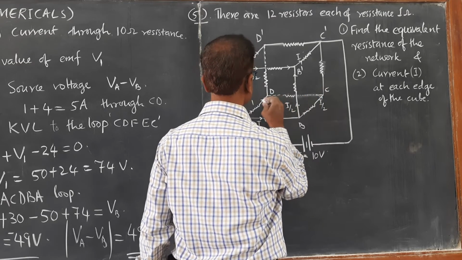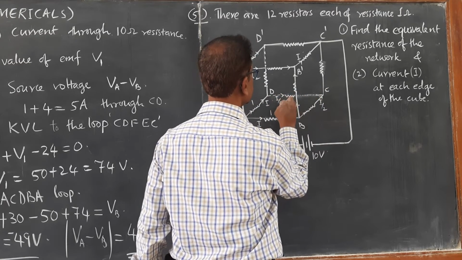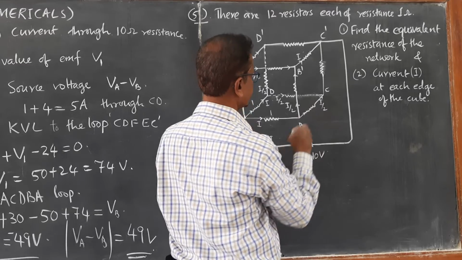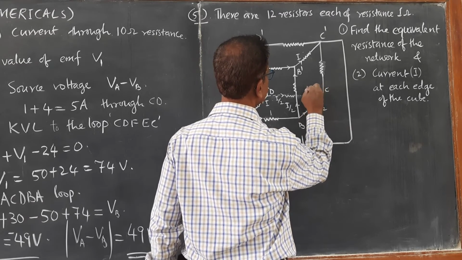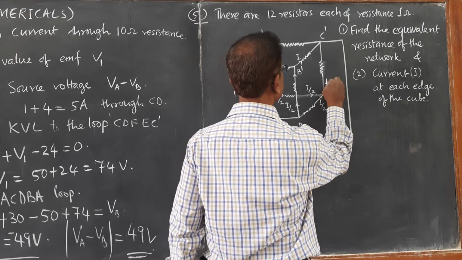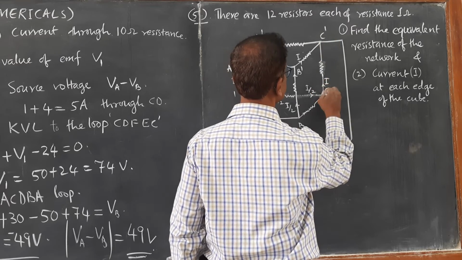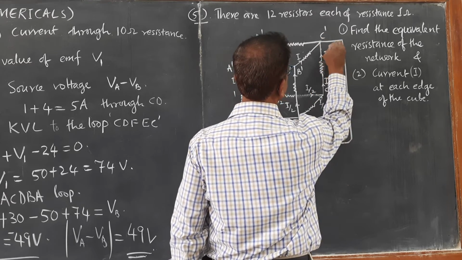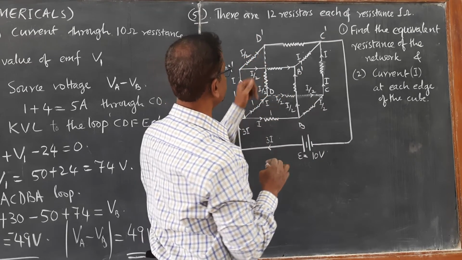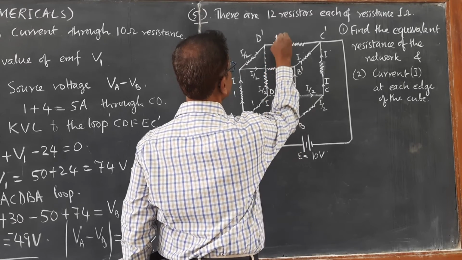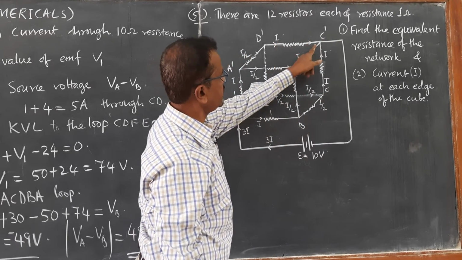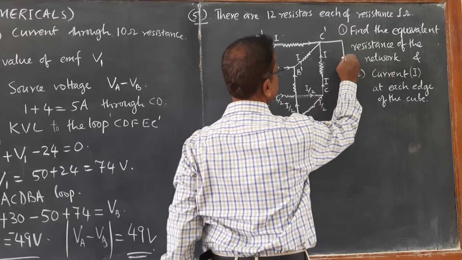After reaching here, you see this I is divided into I by 2, and here again I by 2. So everywhere there is symmetry. This I by 2 and this I by 2 add here to give you current I. So the current through this C dash is again I. From here to here it is current I, and you can see I by 2 and from here I by 2 add together to give total current I. So the current joining at C dash is going to be I. Again it is going to be 3I.